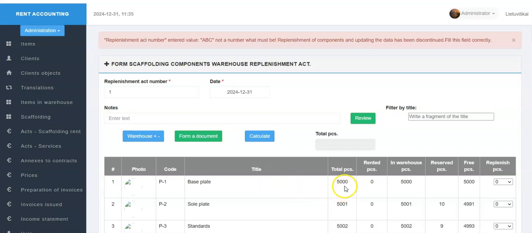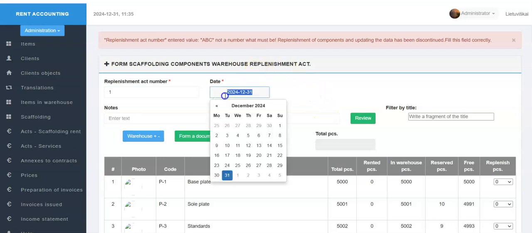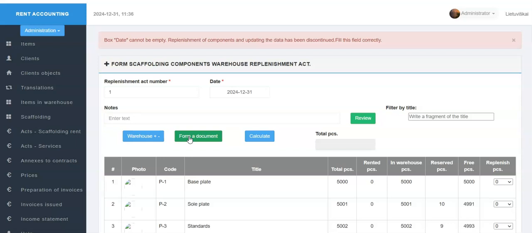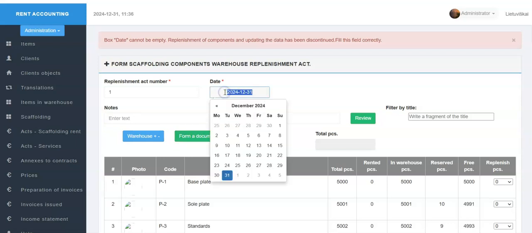In the date field, the program enters the current date. This field can be edited, but the program checks that it does not remain empty and a date is entered in it.